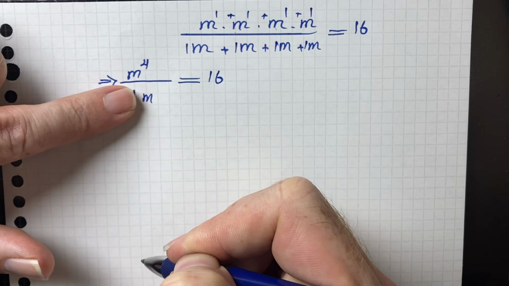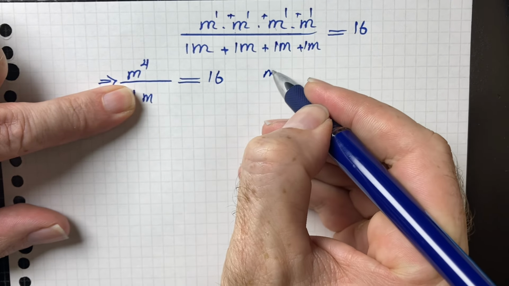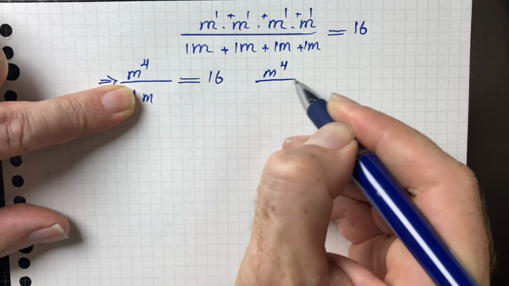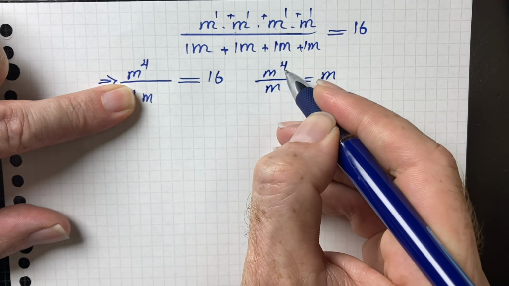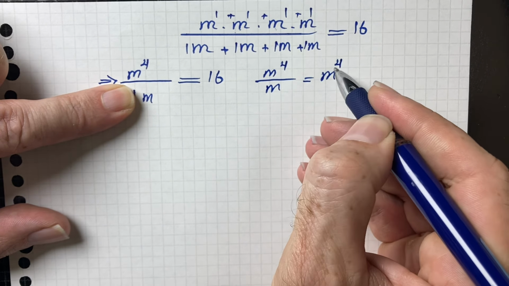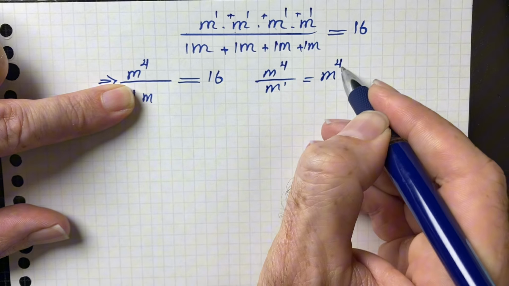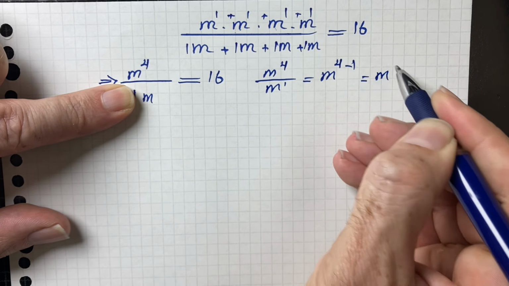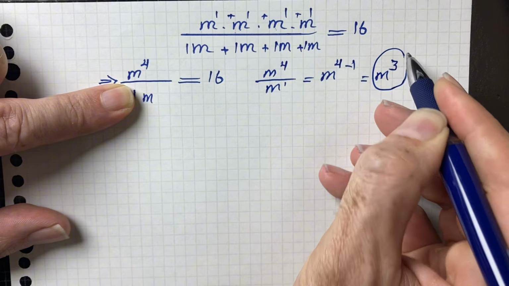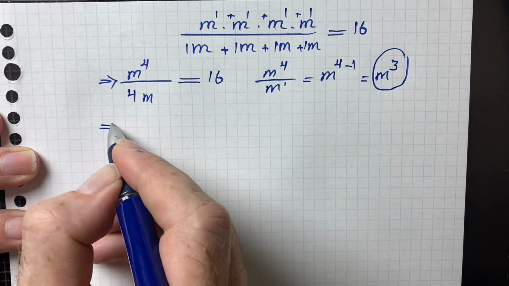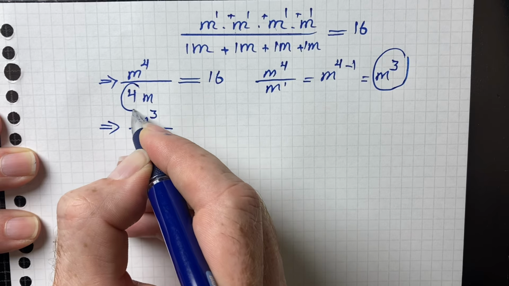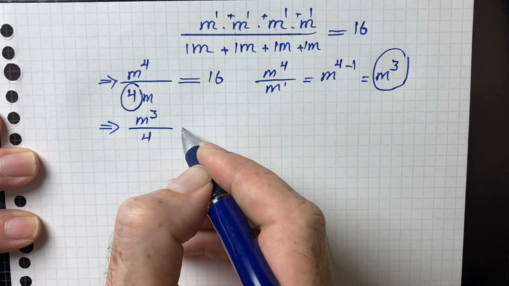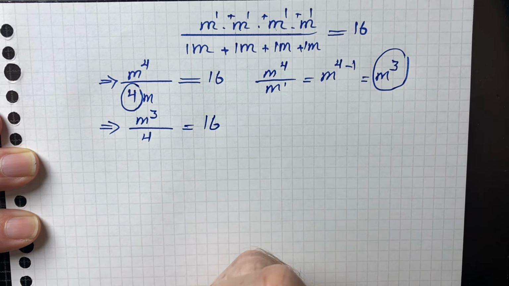Now let me cover this 4. So what do we have? We have m to the 4 over m. Again, same base. I write the base and simply 4 minus this 1, it is going to be m cubed. Nice. So I write here on top m cubed over, do not forget to write this 4, over 4 equals